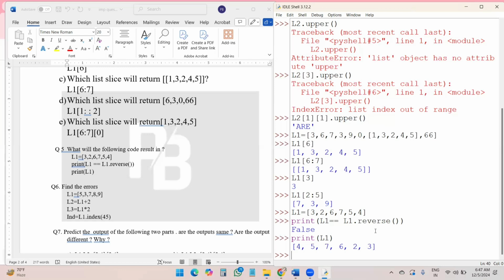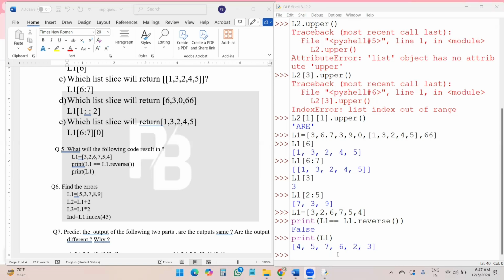Now I lost my original list. There is no original list in my hand. So L1.reverse() compares both things and that is False. They are not equal. So after that, if I just want to print L1, my reversed list is there, the original list is not there.